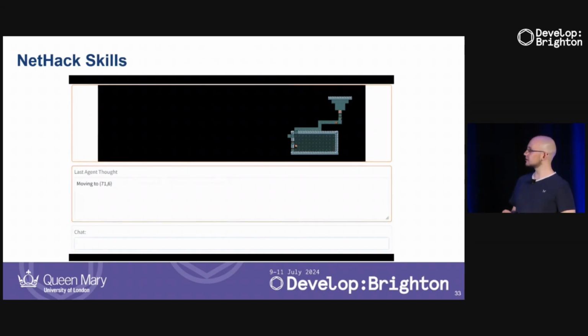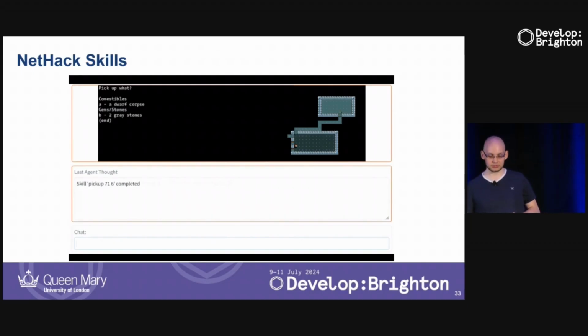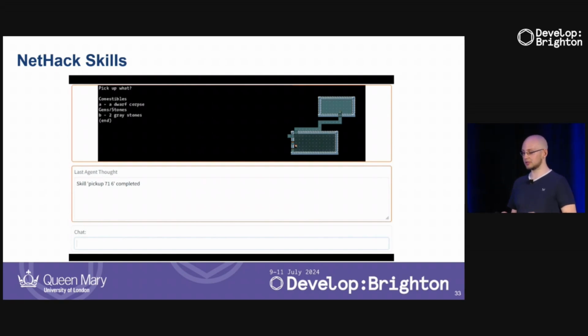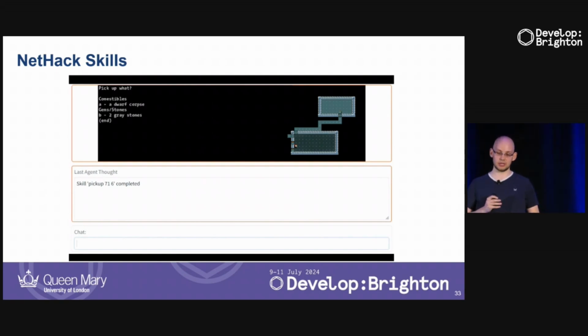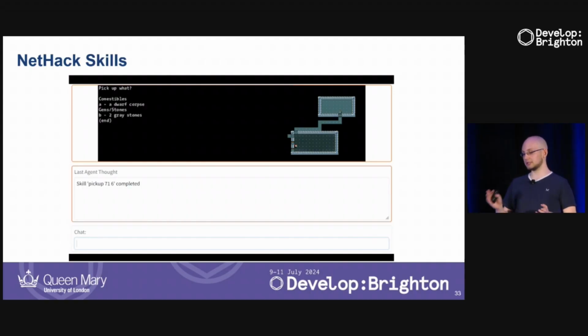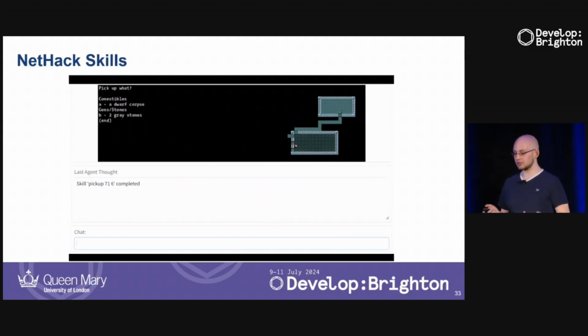And then, of course, we're going to get there and try to pick it up. And now an interesting edge case happens where suddenly a menu shows up because it asks me, there are 2 items at this place. Which item do you actually want to pick up? Now, technically, I could have changed my pickup skill to actually handle this menu. But what I've instead said is, if something unexpected happens, like a menu shows up, my pickup skill is just done. And we now have to manually handle this.